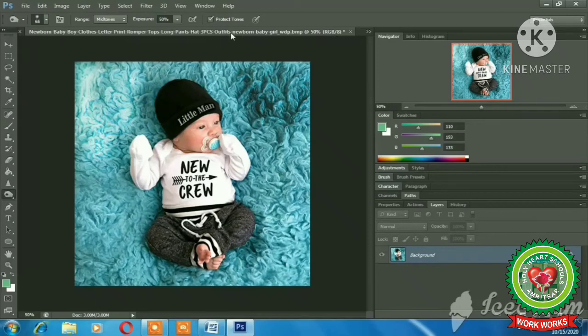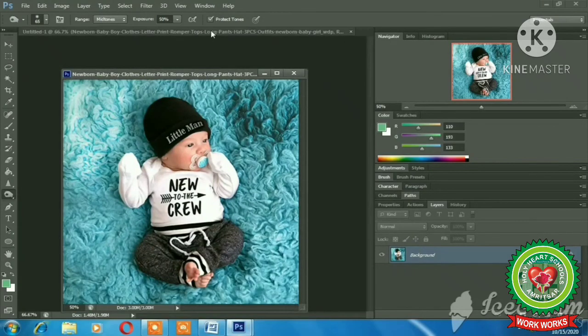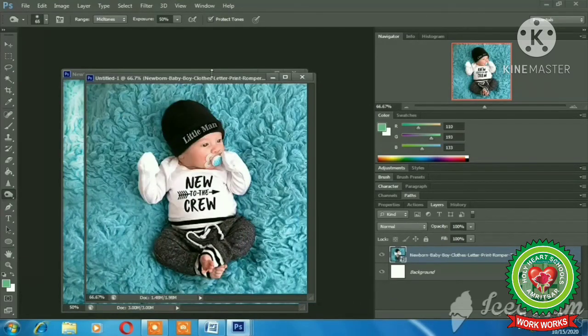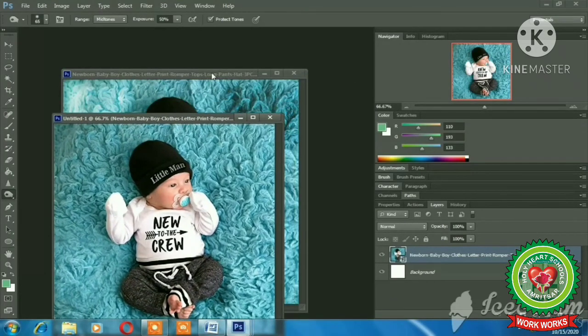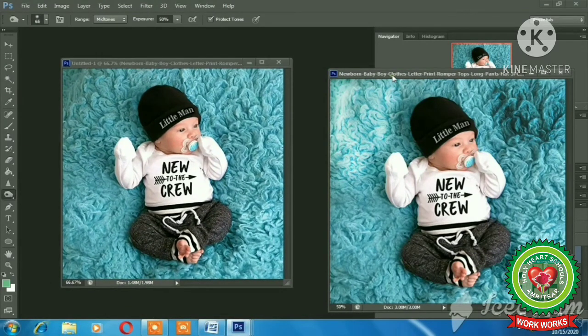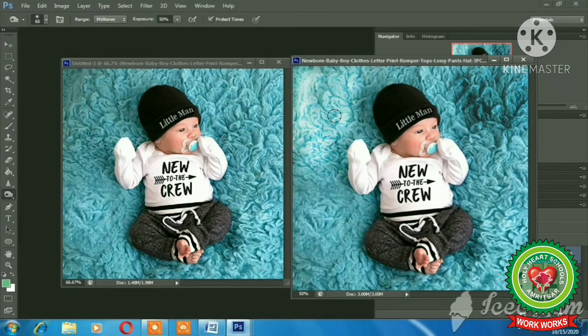I'll show you with the help of the old image and the new image. This is my old image and this I have edited for you. See the difference. Here I have used the dodge tool and here I have used the burn tool. You can do the comparison. Dodge tool lightens the color and the burn tool makes the color darken.